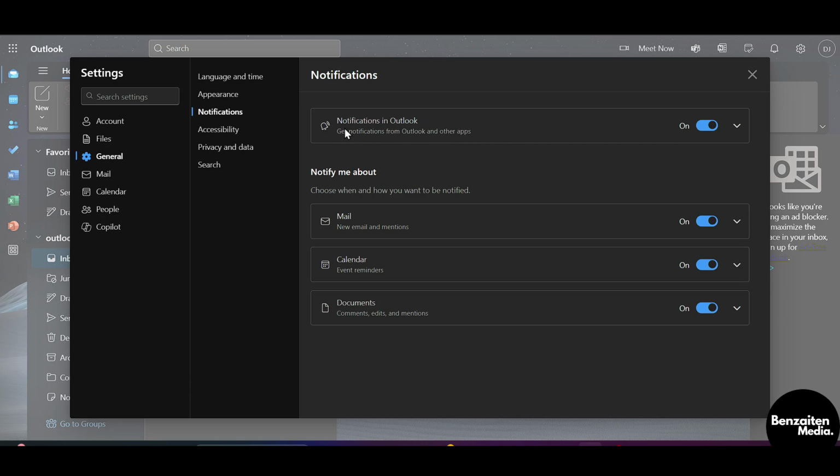What these toggles are, this toggle is for notifications in Outlook. When you turn it on, it will notify you about all the notifications in the Outlook. And if you want to go for specific notification, you can turn on only mail, or you can turn on only calendar, or you can turn on only documents, or all of these. If you want to get notified about all of these,